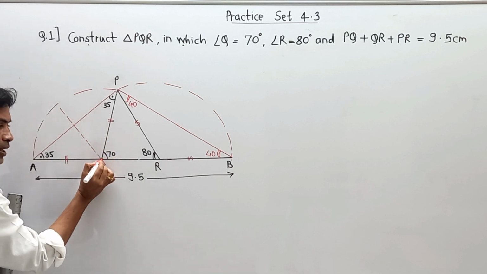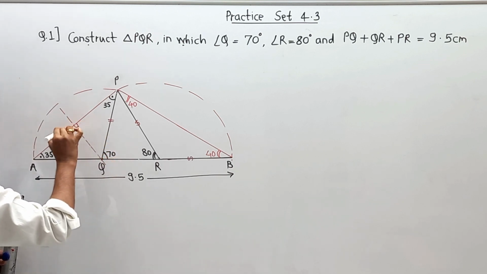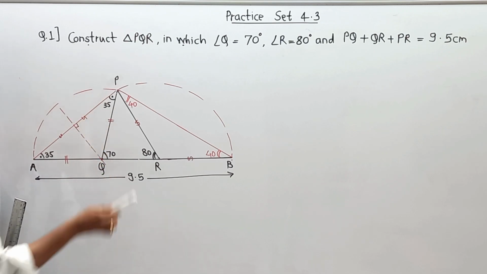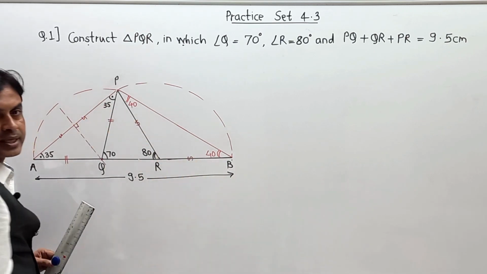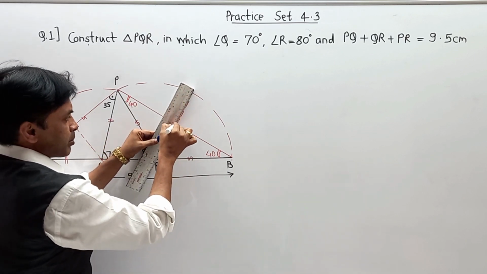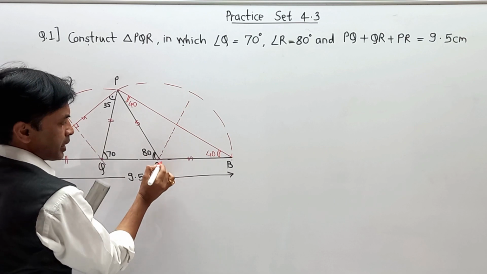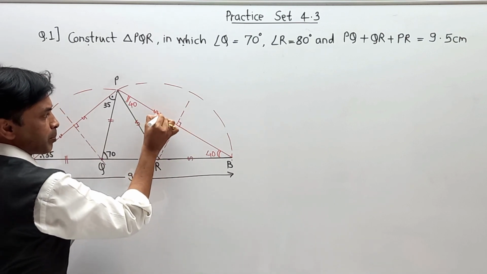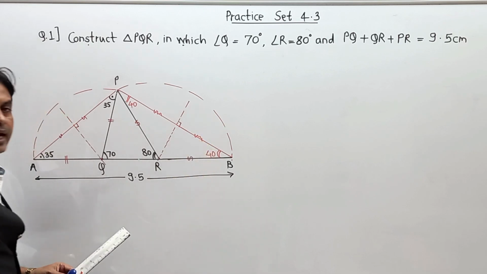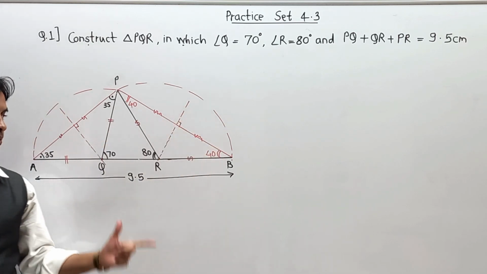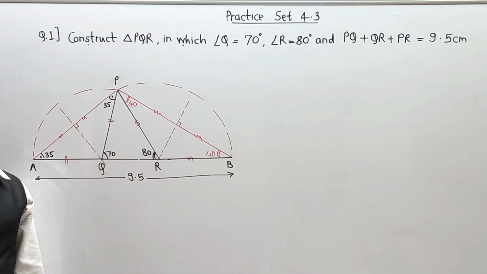Means automatically we have to draw one perpendicular bisector on this line. And this perpendicular bisector will definitely touch at point Q. And again, if you are going to draw a perpendicular bisector on PB, this will automatically pass through one point, and that point is nothing but R. Means here again we have to draw one perpendicular bisector. And in this way, we are going to complete the entire structure or main construction. So please first of all try to understand it.